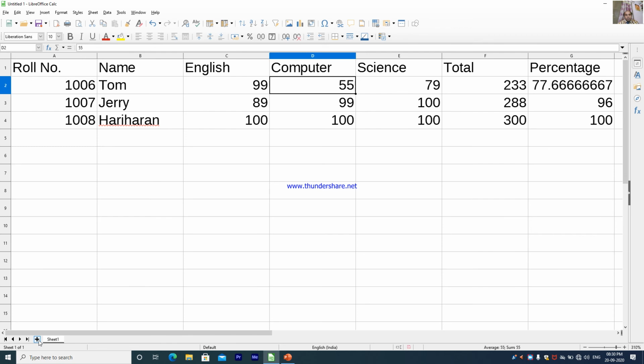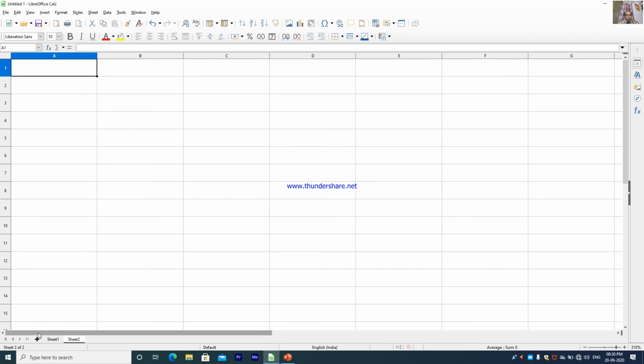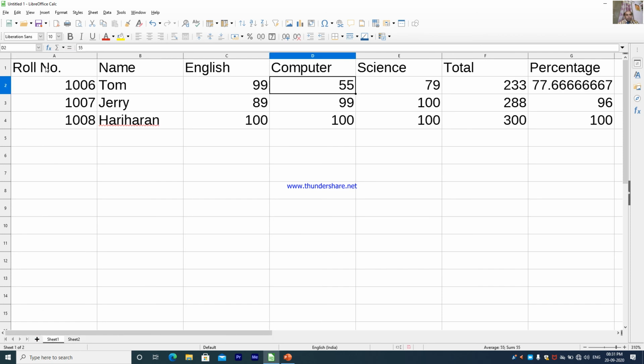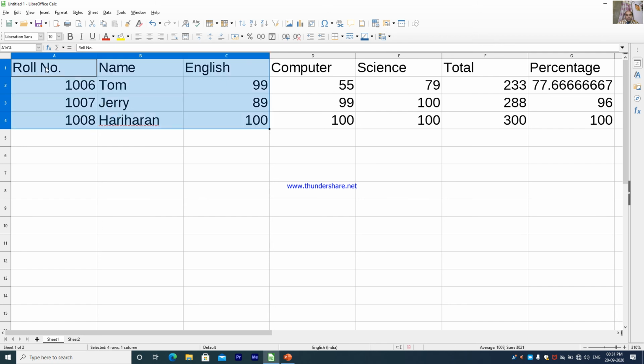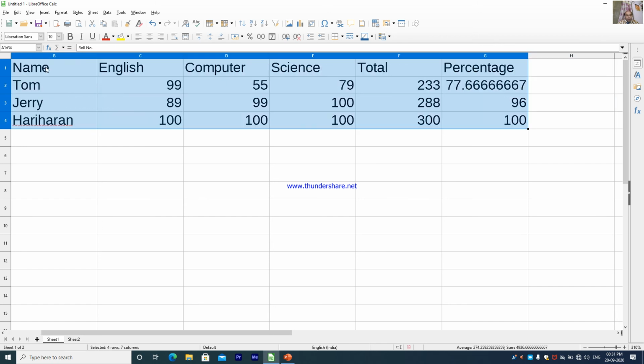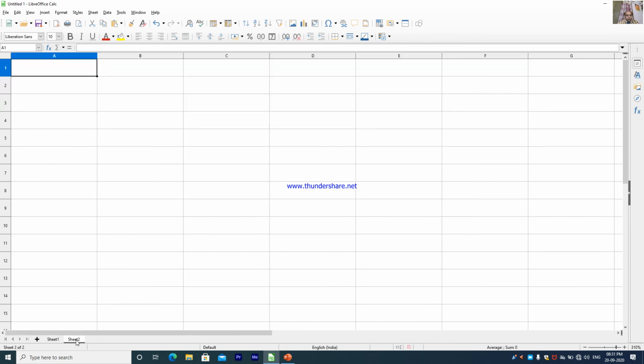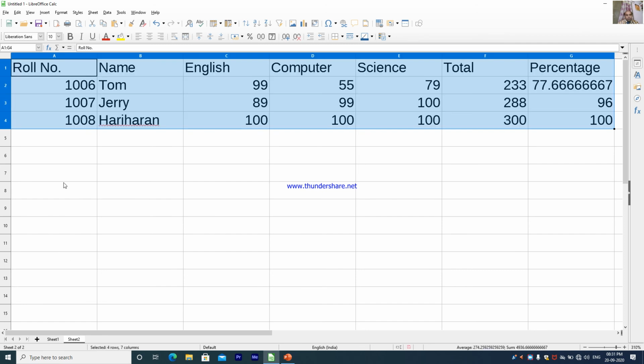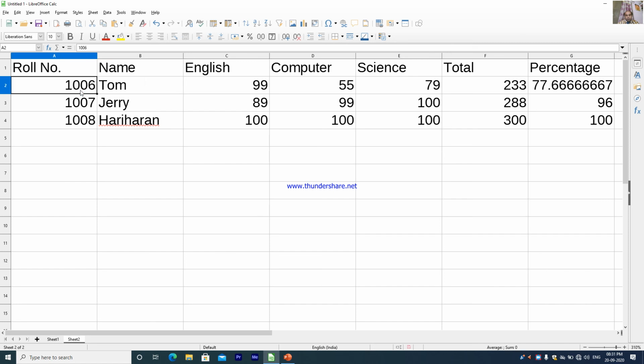You will say, sir, is it possible that if I do the same thing, both the sheets would be highlighted? Okay, let's see. We will copy the data from first sheet and go to sheet number 2, Control V. Okay, now the data I'm changing 1010, 1020, 1030. Name I am changing Radha, Kishan